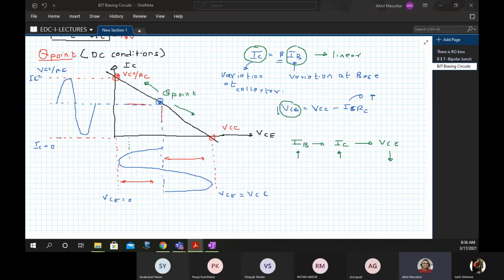So fine, now we first drew the DC load line. Then we said that the Q point should be on this DC load line. Now we also said where on this DC load line. So now we are saying that it should be at the center of the DC load line. And then the next question is whether this Q point is stable or not. If this is not stable, then what is the point? So now we talk about the stability of the Q point.